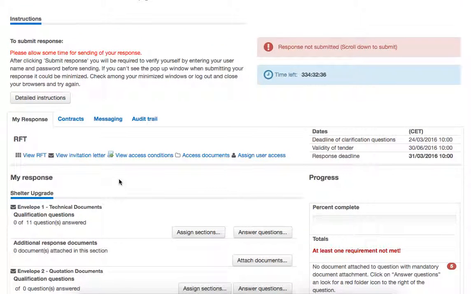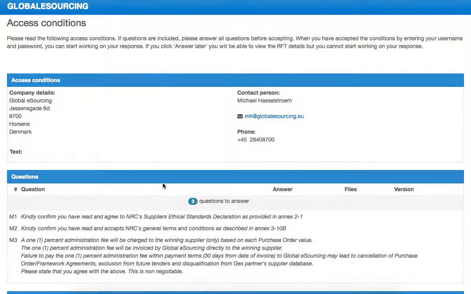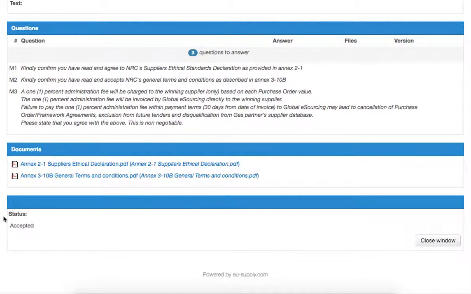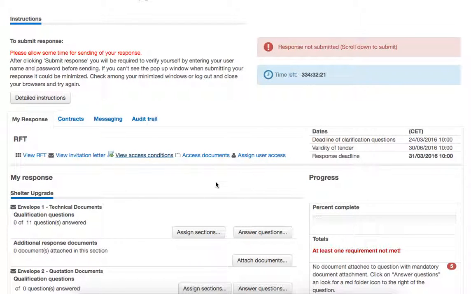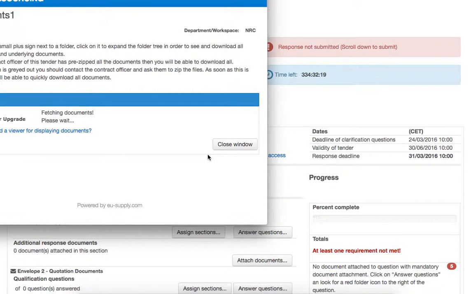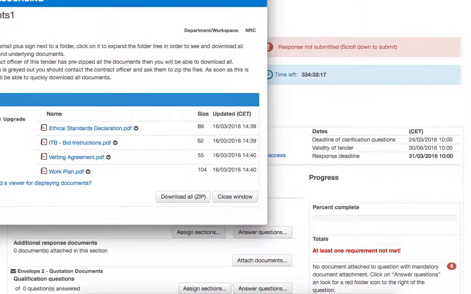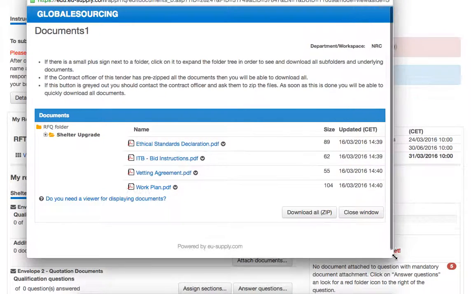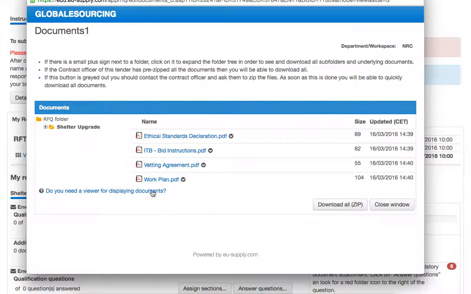Up here, to just show you a few, you can view the access conditions that you accepted, and you can see the status that you accepted it to be part of this tender. You can see the access document, which were the documents we could see outside in the RFQ details, but until we accepted, we were not able to actually open them. And now when we click on them, we will be able to see each of them